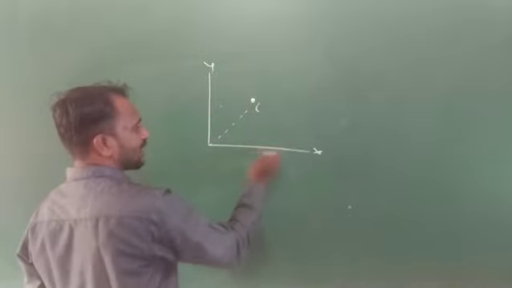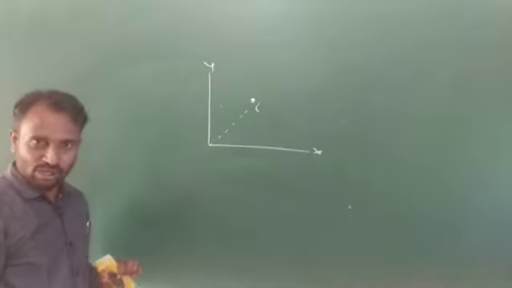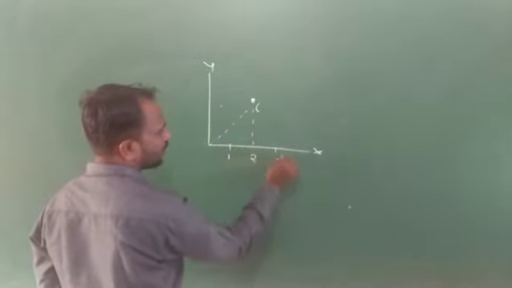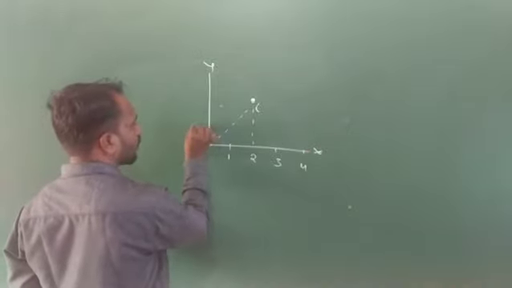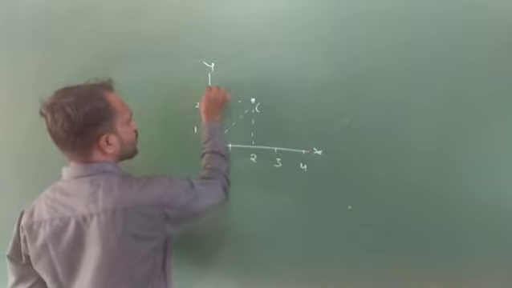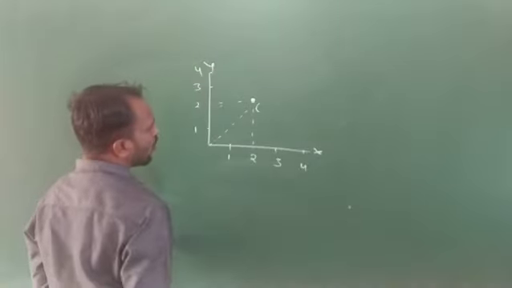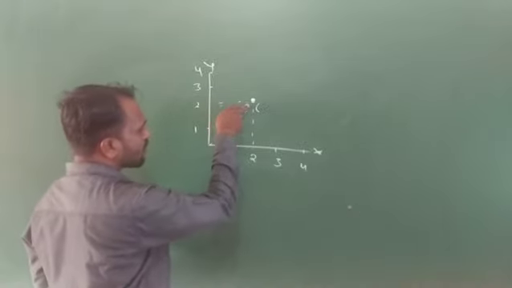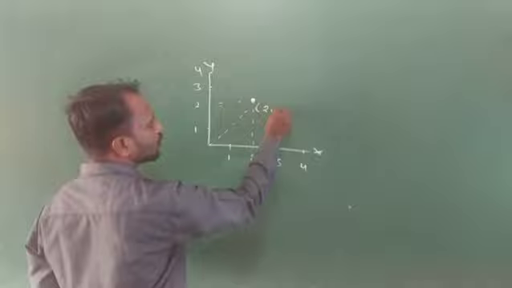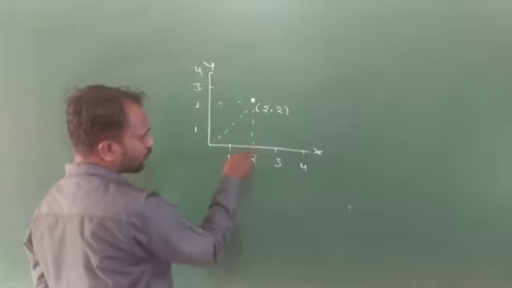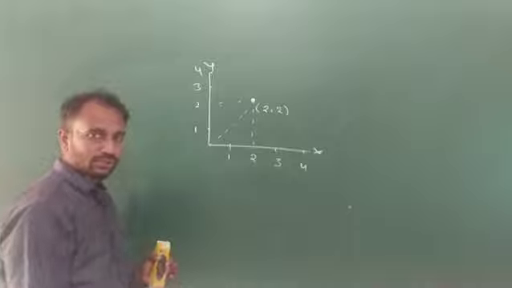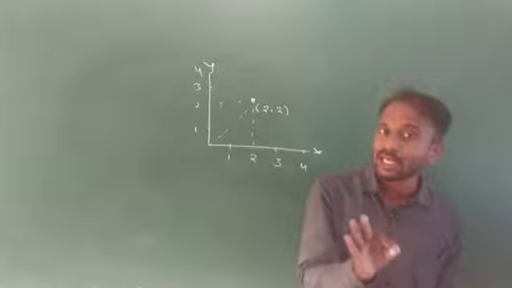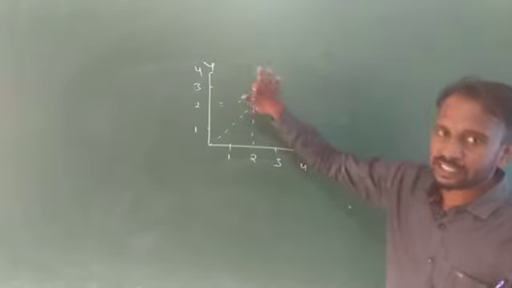Here we consider the x-axis coordinate and y-axis coordinate. For example, here 1, 2, 3, 4, and here 1, 2, 3, 4. So for this reason the coordinates of this object we consider 2, 2. Why? Because along the x-axis 2 and along the y-axis that is also 2. It means here the object requires two coordinates for motion in a plane. So this one is an xy plane.